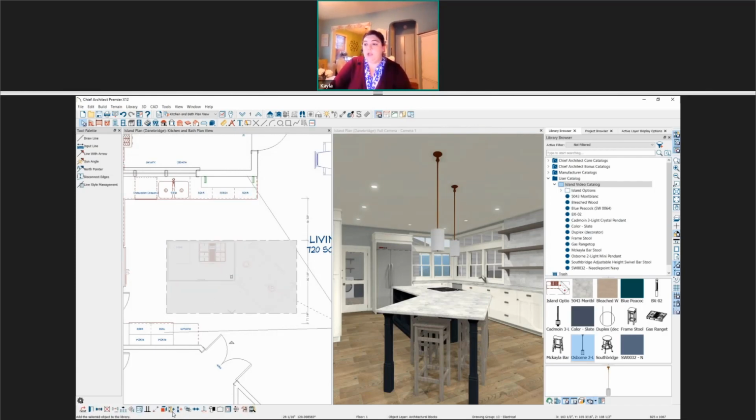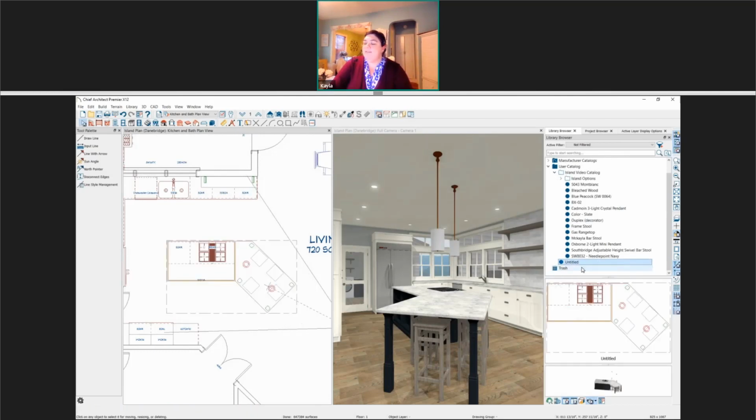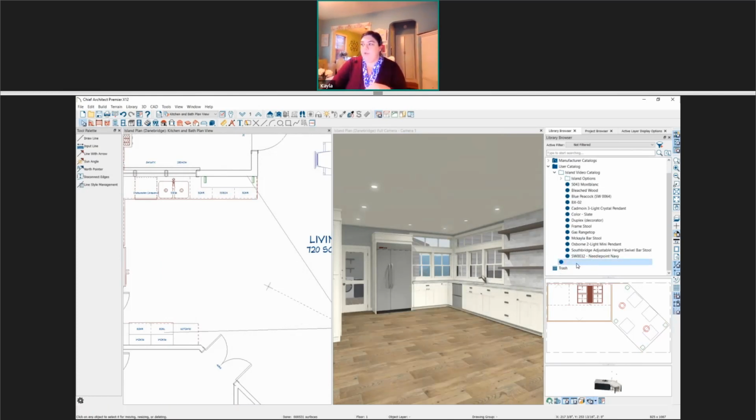And once it is a block, down in the edit toolbar, I also have this add to library. So I can add it to the library. It's going to come in just under the name untitled. So I'm going to select it and change it over to Island Option A, or however you want to name it, maybe Smith Island A. But we're trying to create several different options here that we can then just drop in easily. So now if I select this island and delete it, I still have that island available in my library.